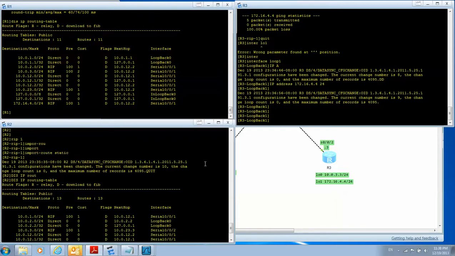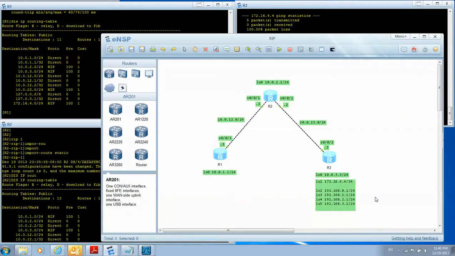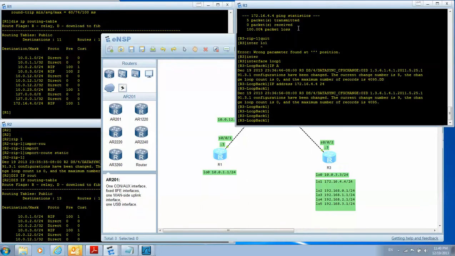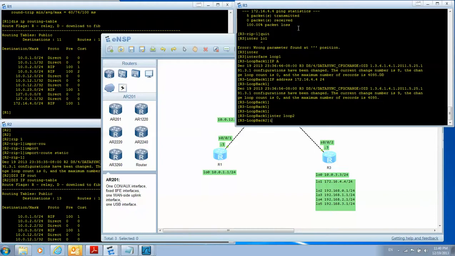Next, we will present RIP version 2 route aggregation and authentication. We will create several loopback addresses here, and we will aggregate, basically summarize, them into RIP. We will create 4 new networks, new subnets, on R3. So interface loopback 2, IP address